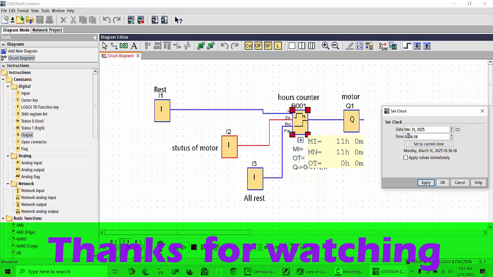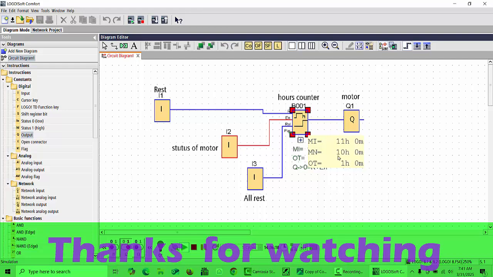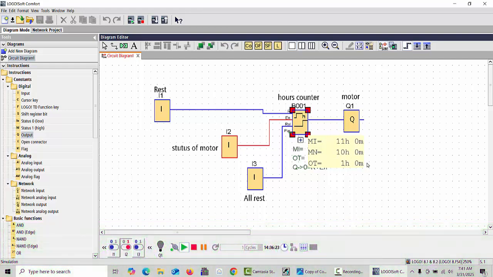After this the time will be 13, 14, 14 coming. 14 I will start and click apply, and you can see there are 10 hours remaining. 1 hour has passed. Right? This is a very helpful command you can use in industry for a maintenance alarm or notification,